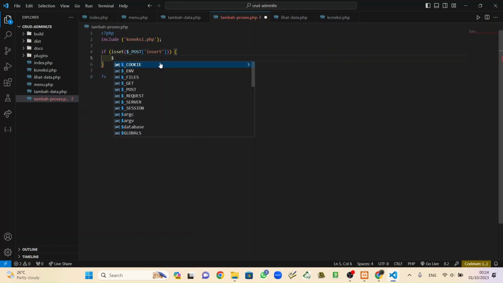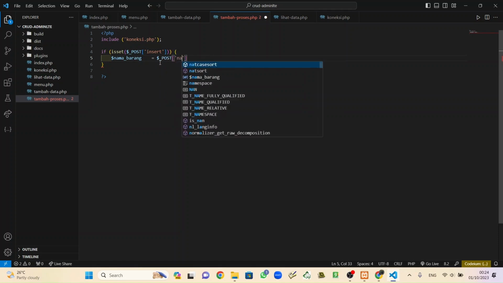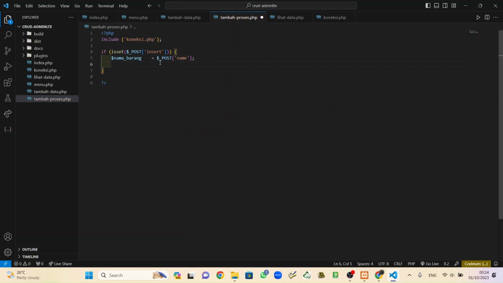You can assume that the first one we put is the name of a variable, maybe nama barang. So the variable nama barang keeps a value from post name. Okay, and the next is kode barang.